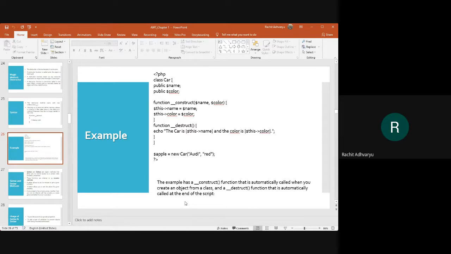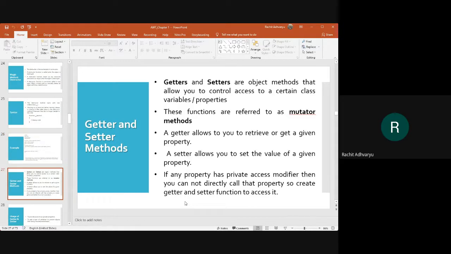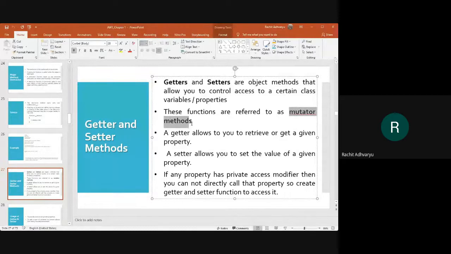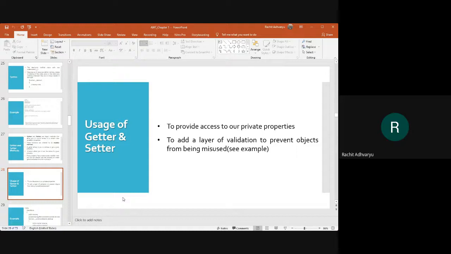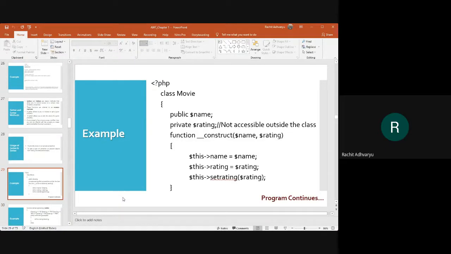Then they are the mutator methods. So in the exam, you may come across a question called explain mutator methods. Remember guys, in the exam, if you come across this word, mutator methods, it means getter and setter methods. Remember this. So this is the example that we have seen for getter and setter.